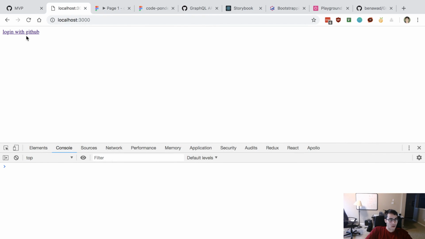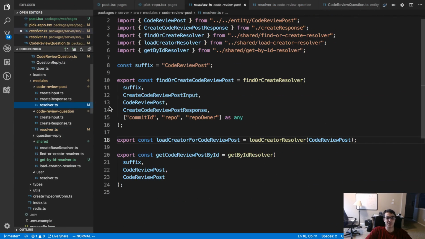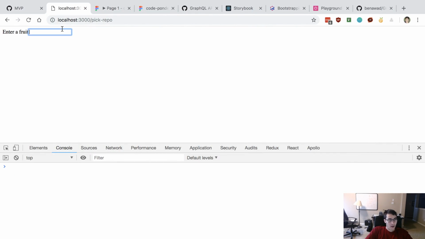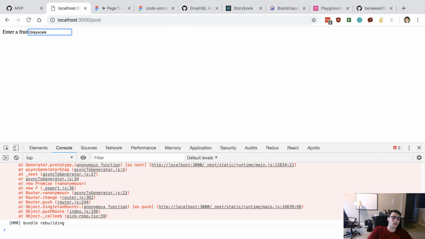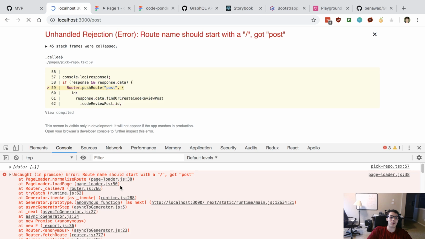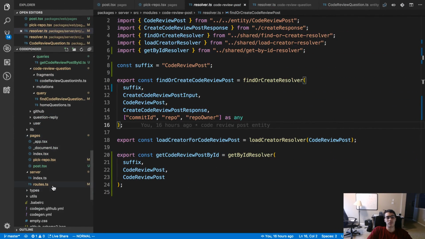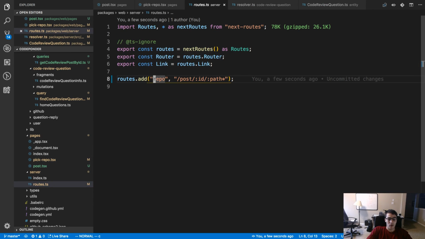Cool. So let's log in. Alright, yeah, it looks like our key went bad for some reason. So I was expecting this to crash, and sure enough it did. Route should start with the slash got post. Alright, let's call it post.